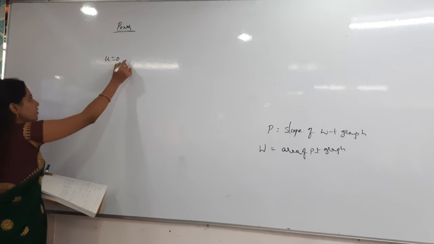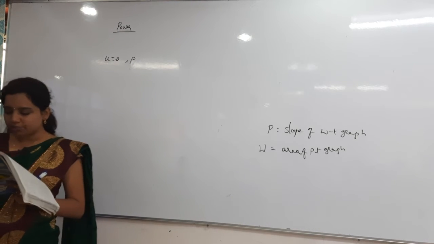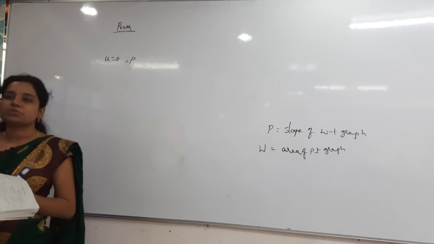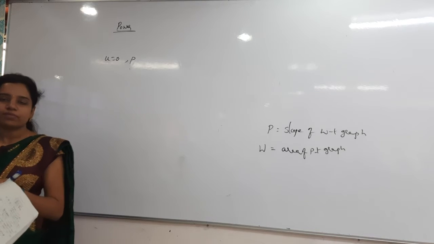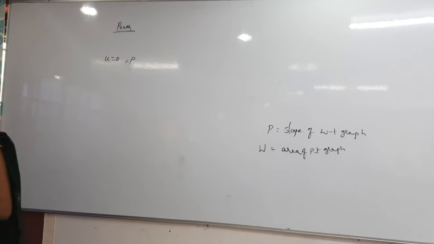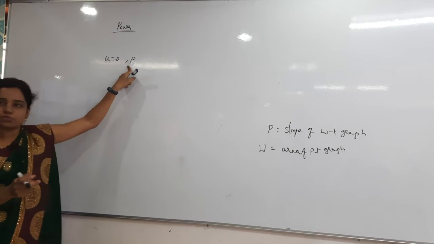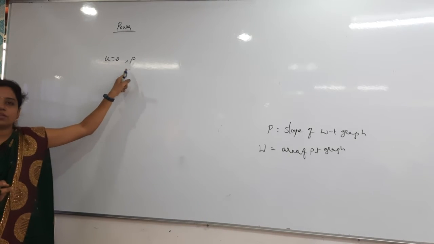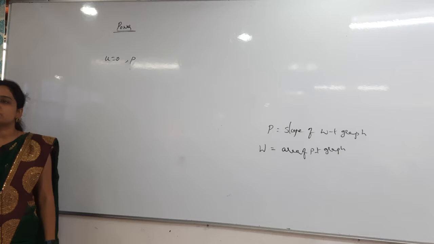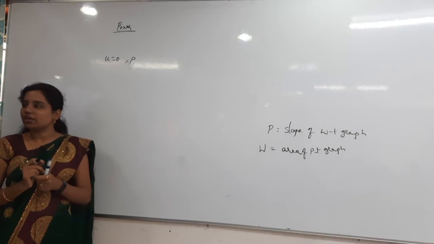The engine is giving the power of P here. By that power, what is happening? The position and velocity change with respect to time. Position is S and the velocity is V, changing with respect to time. How they are changing with respect to time, you have to find out. In the last line they are saying that by this power, whenever the engine is moving from rest, its position and velocity change with respect to time, nothing but how they are related to the time. That is what you have to find out.